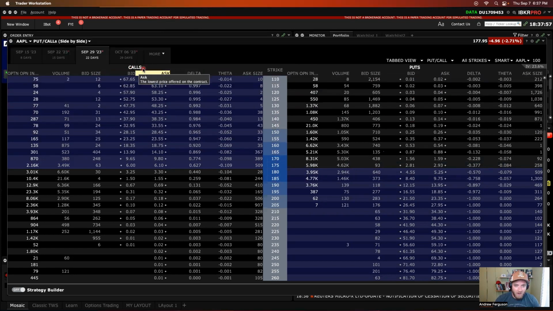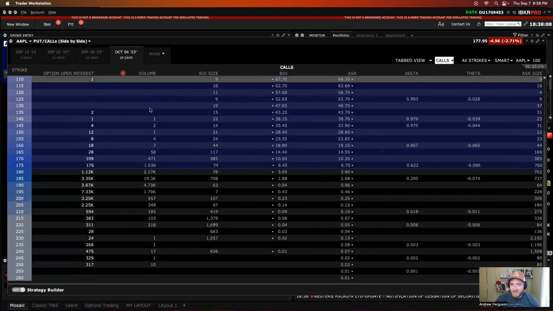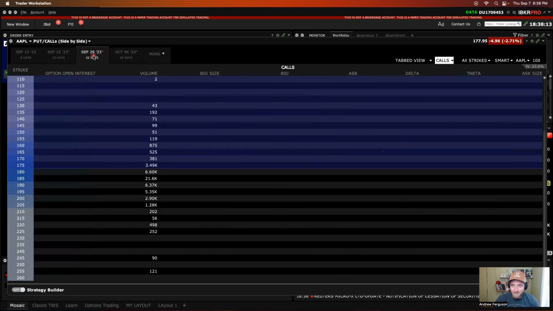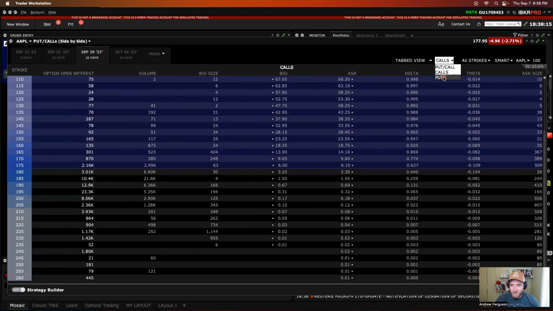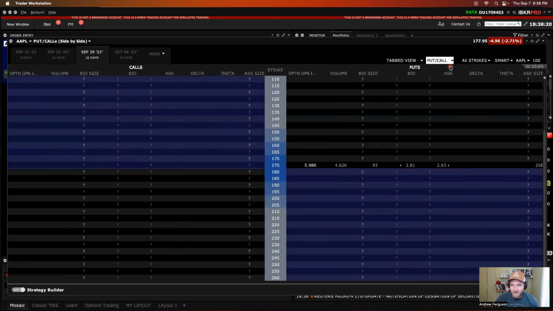If you want to toggle the calls and puts on or off, you can do this by clicking on this little put call area right here. You can click on just the calls. If you're just looking to buy calls, you don't need to see the puts. You can just do all call data. Again, changing your expiration date will change this information and give you different numbers to look at as you go further or closer out in time. If you want to go just puts, same thing, click on just puts. And you can click on puts and calls again to bring the information back